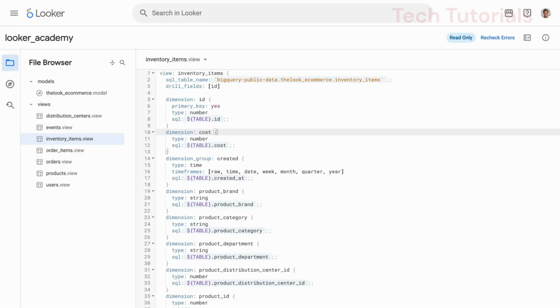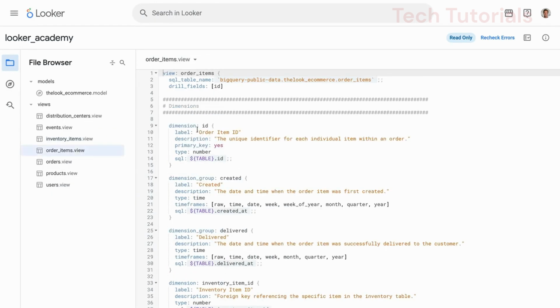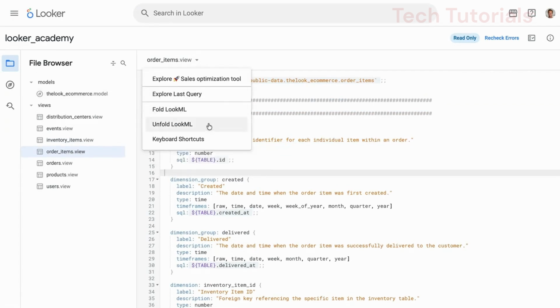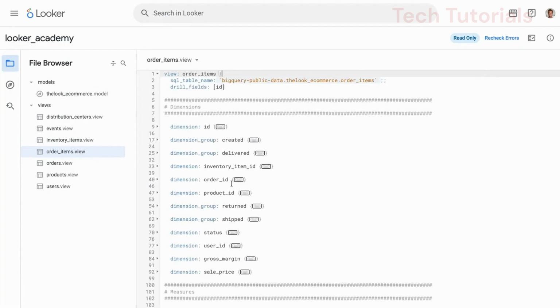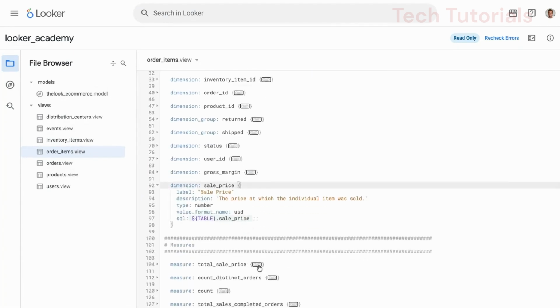The Looker Semantic Model interface is designed for streamlined development. You select a file from the left sidebar to edit the corresponding code on the right. There are 2 primary file types you will work with: views and models. Within views, you define your data metrics. These include dimensions, which represent the columns in your SQL database,